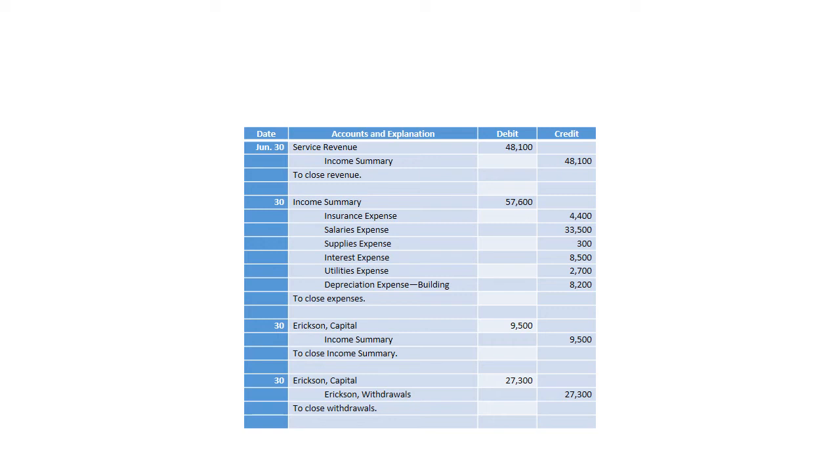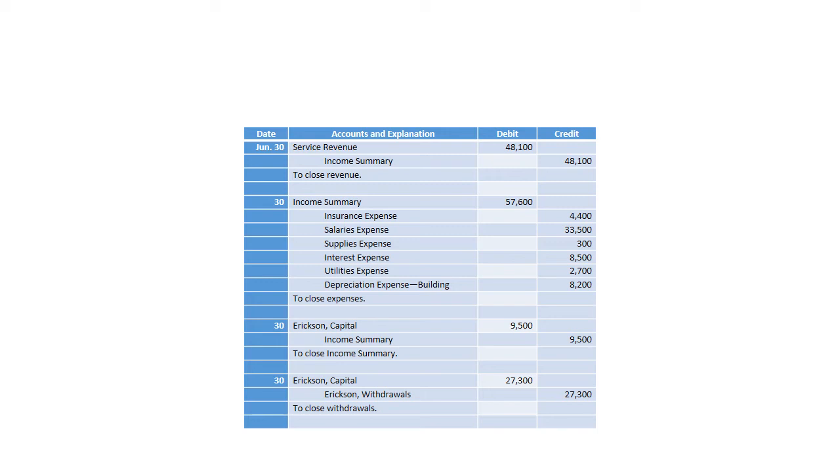How do we do that? We first reset revenue to zero, essentially move its balance into this account called the income summary. The second journal entry, reset each expense to zero and move the total balance of $57,600 into the income summary. Determine if there's an overall net income or net loss for the year, and that would be the balance in the income summary account. Remove the balance in the income summary account by crediting it in this case and